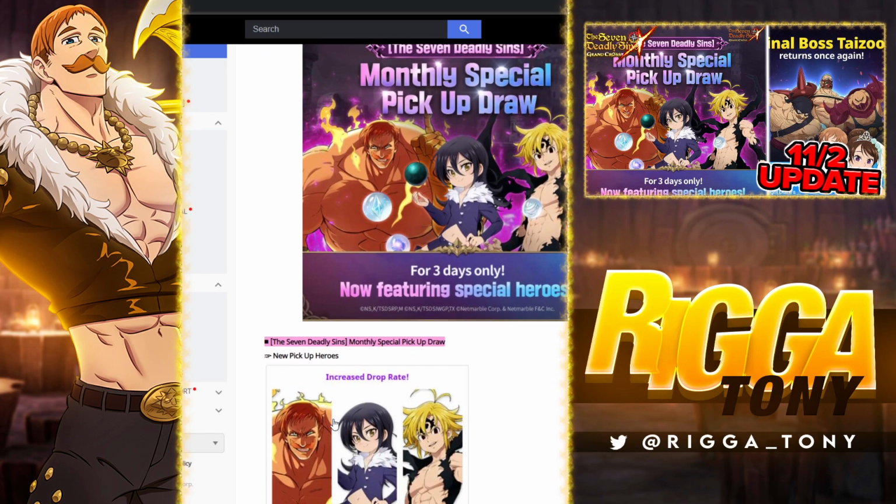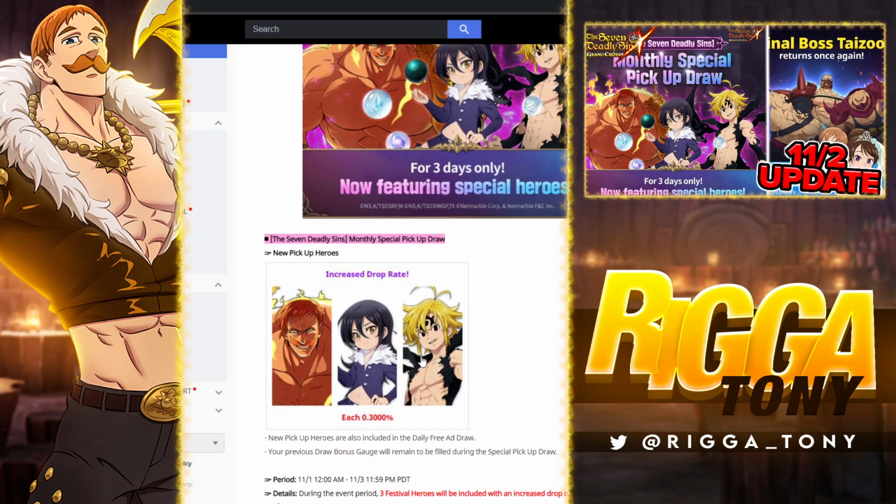It's going to be containing Escanor, Merlin, and Assault Mode Meliodas at 0.3%, which is a rate up from a regular fest banner where they're usually 0.25, with all the festival units on it. About a month ago, JP did this, and now we are finally getting it on Global. Since it's a monthly rotation, it made sense that we would be getting it in the first week of the beginning of the month. But as you can kind of tell, there were some negatives because with the last festival